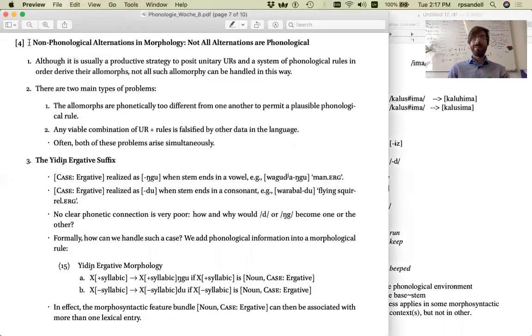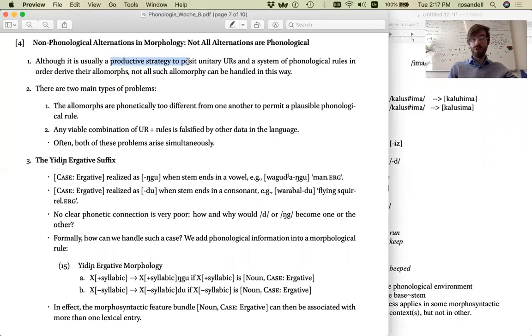All right, everyone, let's take up the final topic for today's lecture, which stands somewhat in contrast to the assumptions that we've been operating with for the past week, under which we have always tried to account for allomorphy, for alternations in the forms of morphemes, by using phonological rules. But it turns out there are some rather difficult cases where maybe this is not the right approach.